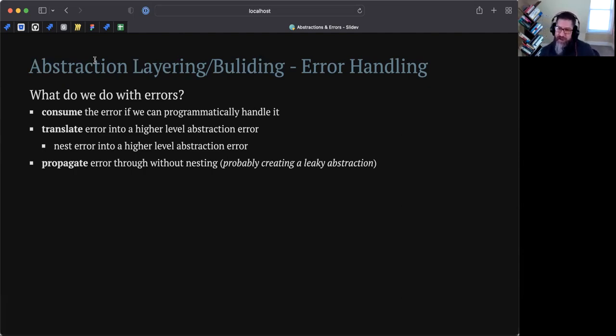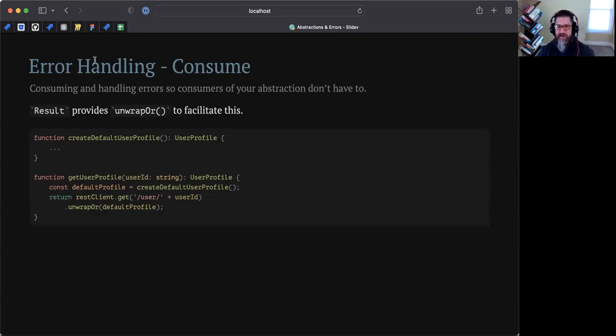Well, probably don't want to be doing that last one too much unless you really know what you're doing, because you're likely creating your leaky abstraction again. But there are cases where it is correct to do so. But that's it. We're down to 3 things. All we do with errors in general in all of programming is basically 3 things. We either consume, translate, or propagate. So turns out, the result type is aware of this and provides utilities to make doing all of these things